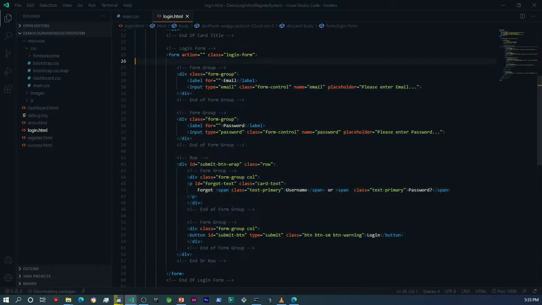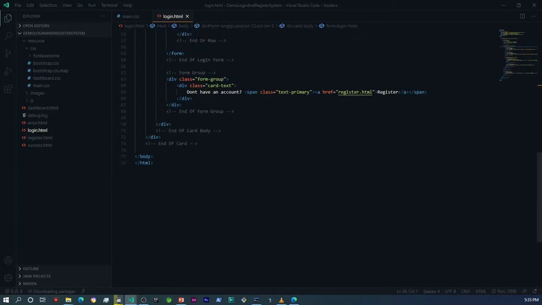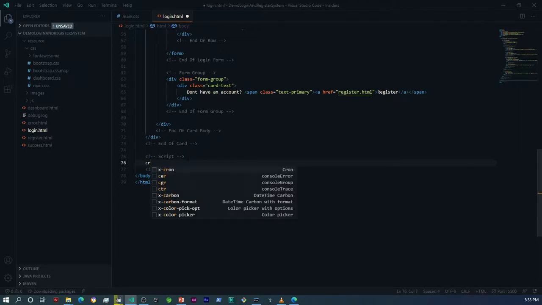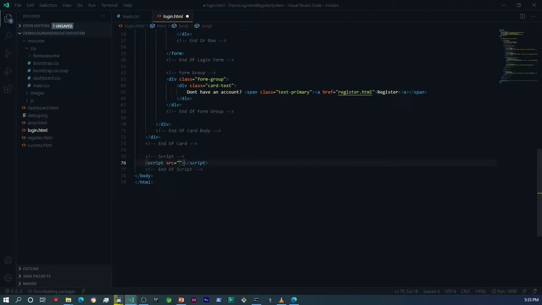Now, the other thing we need to do is here right above the body tag, I want to add the scripts that we're gonna need for the validation. Okay, so the first script tag that I want to add is the jQuery